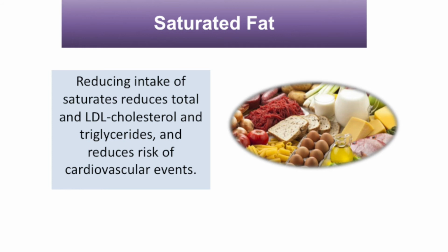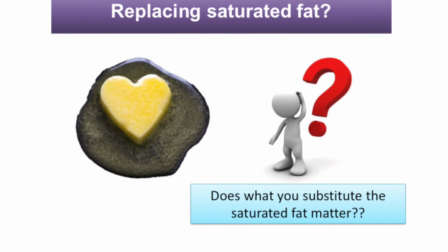Well, what do we reduce it with? I think that's the question. So does what we substitute saturated fat with matter? Is it the PUFAs? Is it the monos? Is it the trans? Is it carbohydrates? It does matter. So it really matters what we replace it